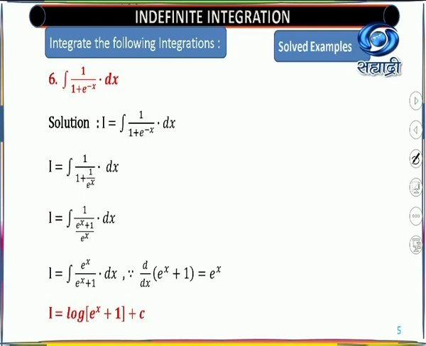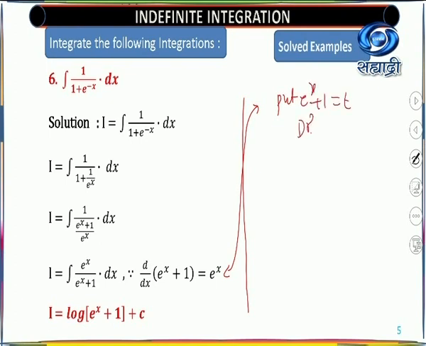So you will get this as e raised to... here we have a substitution and directly I wrote the answer here because you know this type of example. So I will show you the steps which are in between. Here you need to substitute e raised to x plus 1 equal to t by differentiating both the sides. Differentiating both the sides, this side you have to differentiate with respect to x, this side you have to differentiate with respect to t. So e raised to x dx equal to dt.